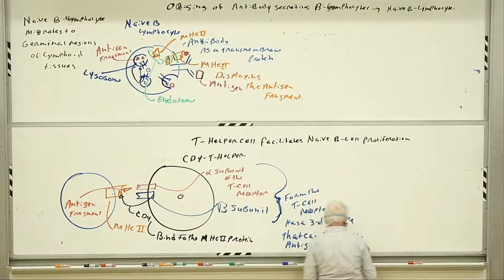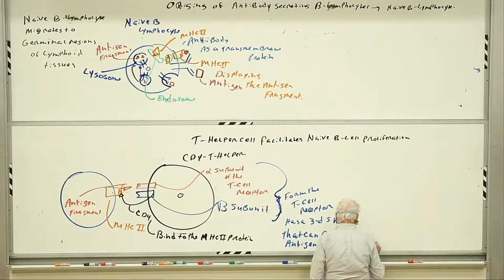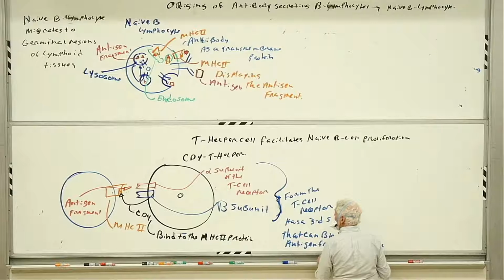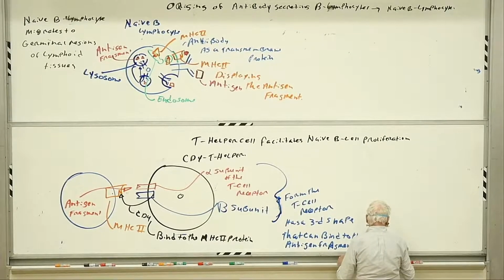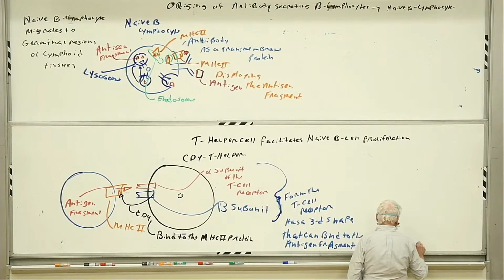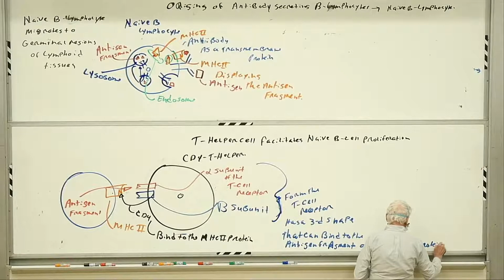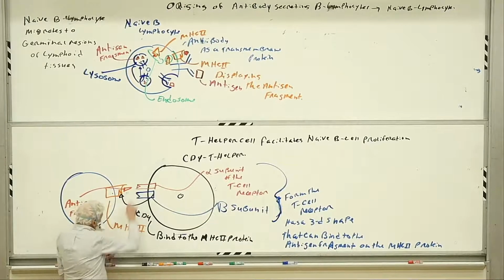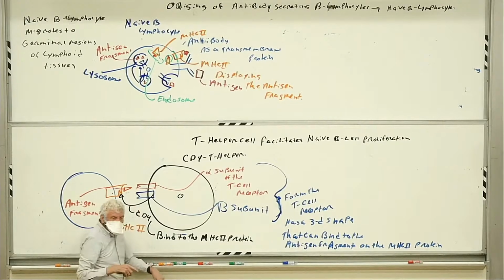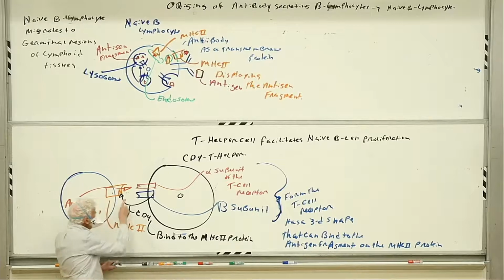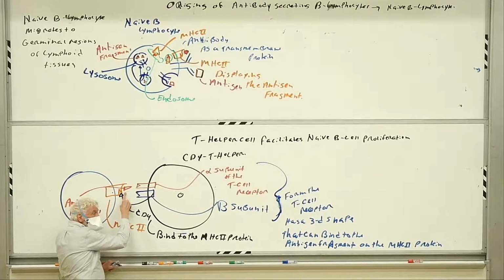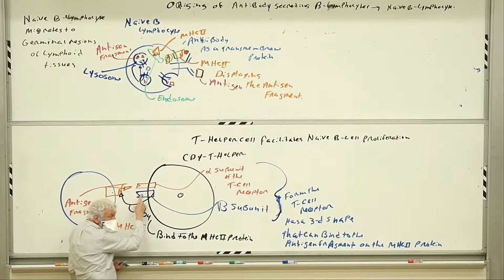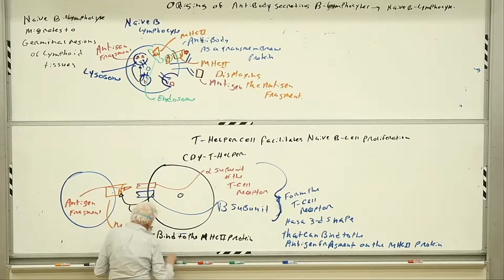Bind to the antigen fragment on the MHC2 protein. So normally there's not a fit. 99.9% of the time there's not a fit. But if this antigen fragment has a good three-dimensional shape with this T cell receptor, what that does is it